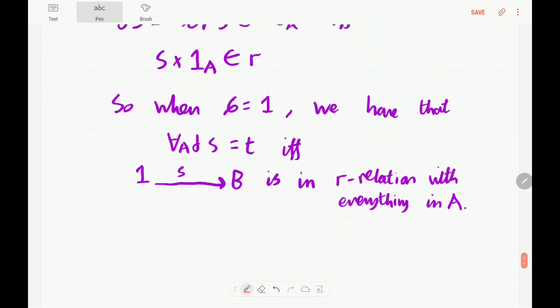Well, in that case, we have for all A, DS is true if and only if S times 1A is in R, which basically means that this point S of B is in the R relation with everything in A, which is just what we thought, because that was one of the things that I claimed